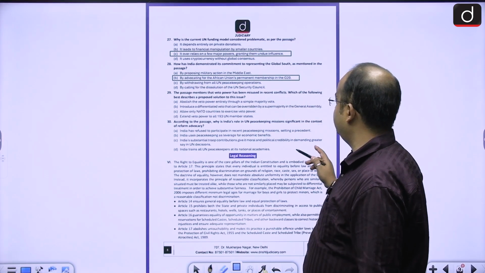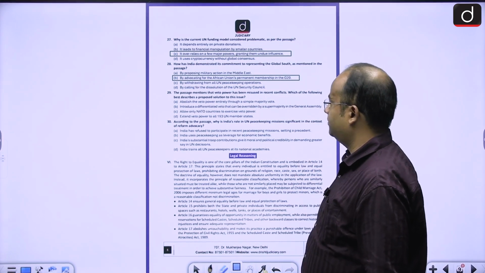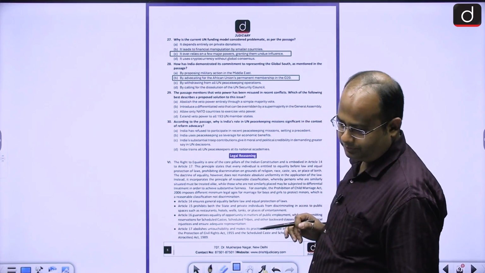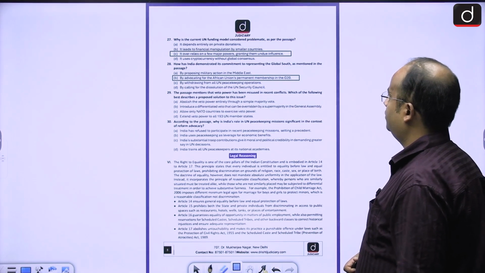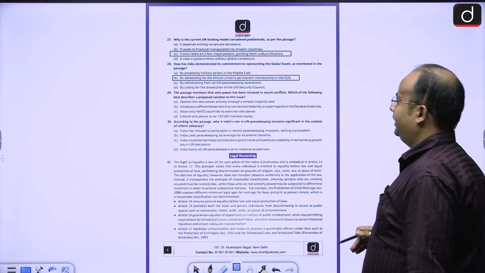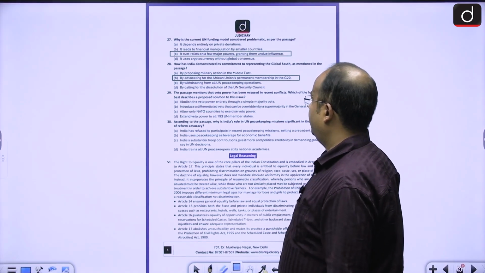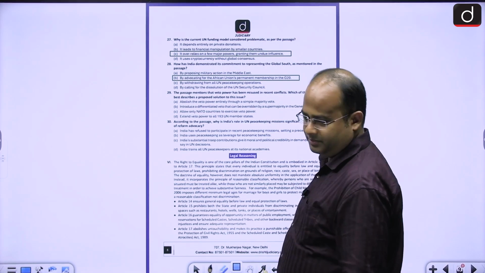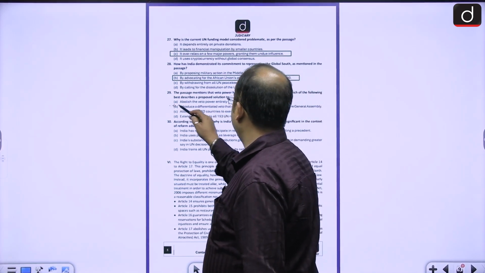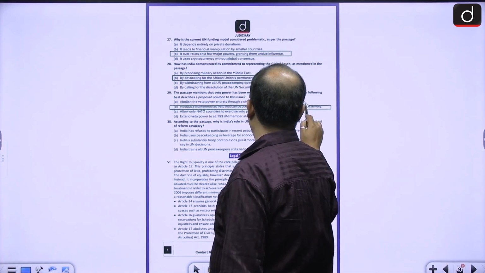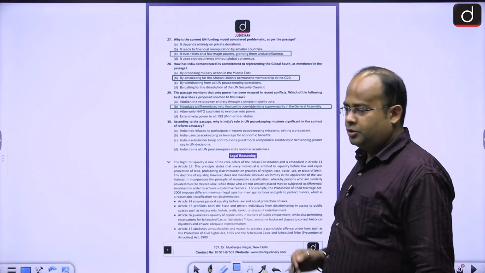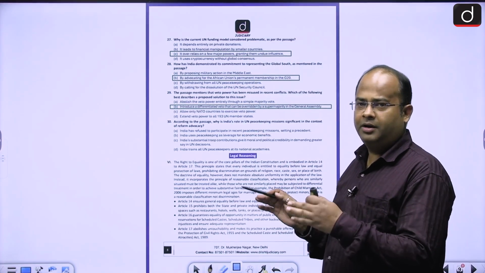Next: the passage mentioned the veto power has been misused in recent conflicts, which best describes the possible solution? Abolish the veto power entirely through a simple majority vote; then introduce a differential veto that can be overridden by the supermajority in the General Assembly; allow only NATO countries to exercise veto power; extend veto power to all 193 UN members. To introduce a differentiated veto that can be overridden by supermajority in the United Nations General Assembly, चूंकि इससे होगा क्या कि सभी को जो डोमिनेंस है जो P5 कंट्रीज का वो खत्म हो जाएगा।